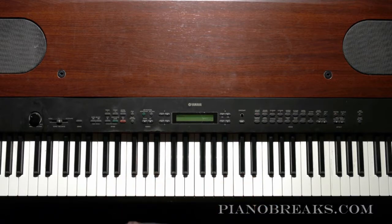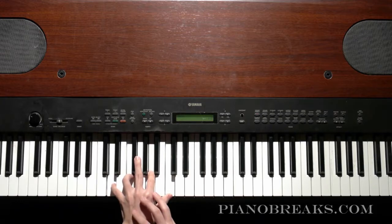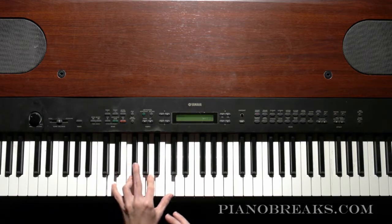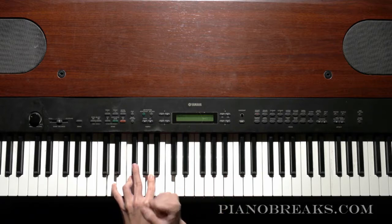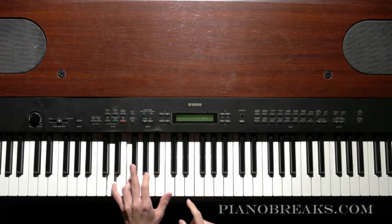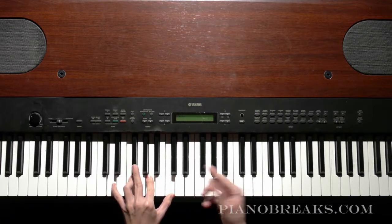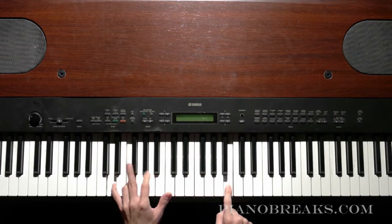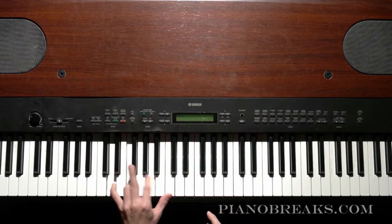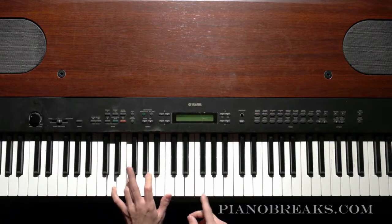And you might notice that this is a little bit like the syncopation method. But what we're doing here is we're playing the chord first, and then we're using these top two notes to syncopate with my right hand. So it's not the same as the syncopation that we talked about before, because I'm going to be playing one of these two notes for every one note in my right hand. So I'm going to be playing like... So it's kind of like these top two fingers are just bouncing here every time I play a note in my right hand. So it's like...